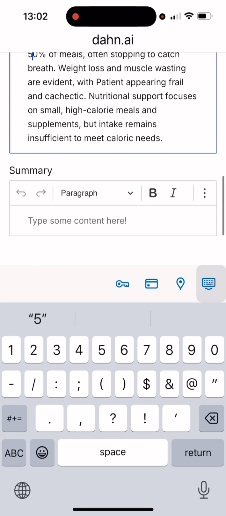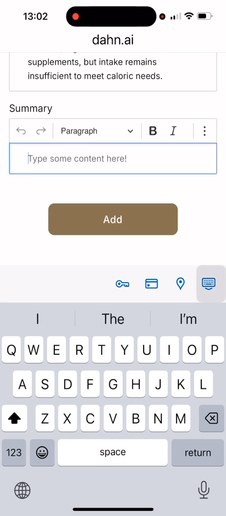And then in the summary, now you're going to end it. This is where you learn about the summary in the Hearts training on the other part of the app, where you're going to put the ending note. We don't have any summary notes in Dawn yet, but that's coming pretty soon too. I'm working on that right now. So I would think in the next few weeks we'll have some summary notes, but this is where you say